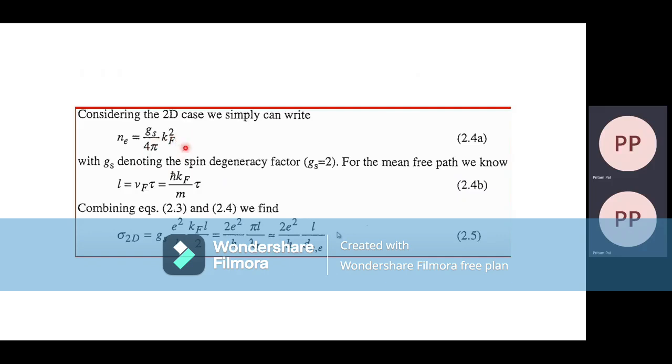whatever your material may have. And the mean free path would be the Fermi velocity times the scattering time, v_F times tau. We basically substitute all that into our expression for the conductivity, so we get the expression below here, from which we pull out the coefficient 2e²/h, and that becomes a prefactor to a dimensionless ratio,